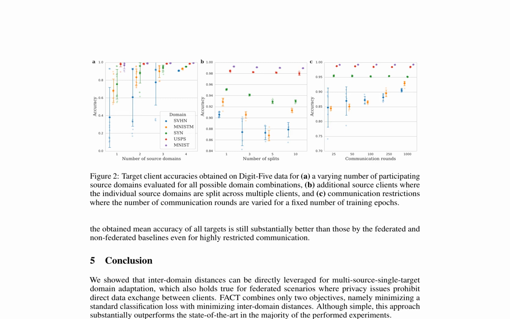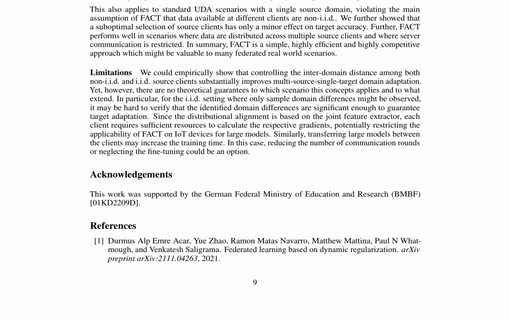Here is a combined summary of pages 9 and 10 of the research paper. The proposed approach, FACT, achieves state-of-the-art performance in multi-source single-target domain adaptation, even in federated scenarios where direct data exchange between clients is prohibited due to privacy concerns. FACT combines 2 objectives: minimizing a standard classification loss and minimizing interdomain distances. This approach substantially outperforms baselines in most experiments,